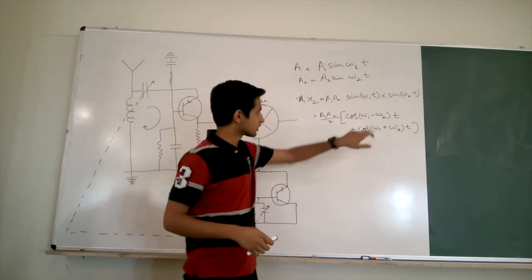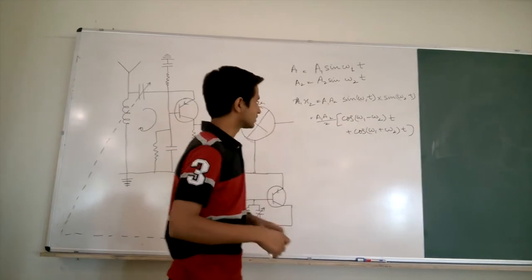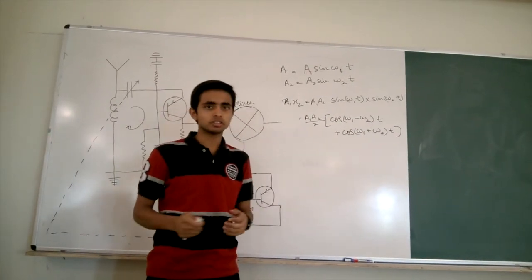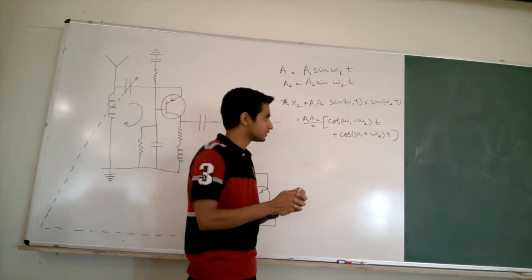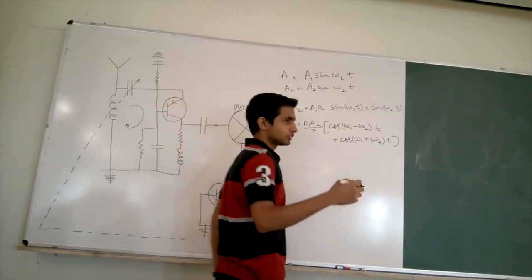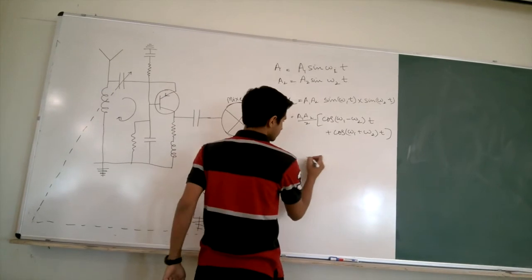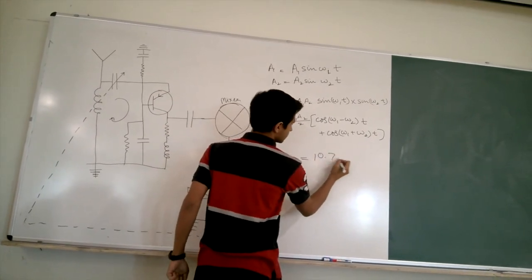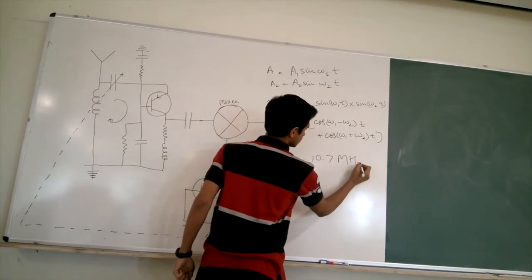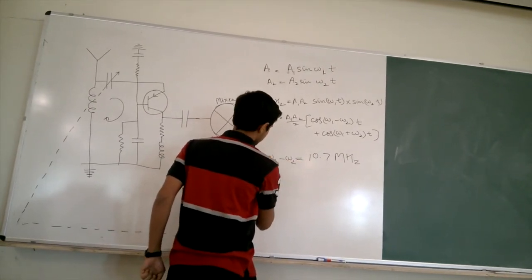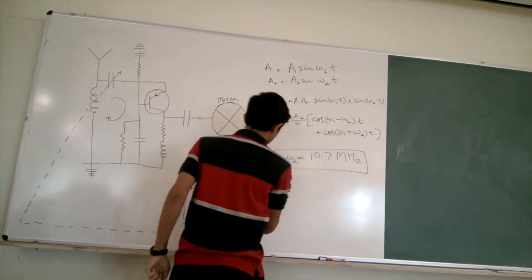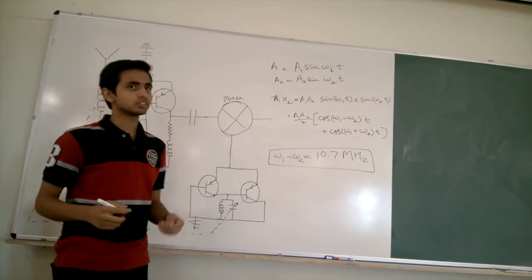And the difference of these two frequencies is called the intermediate frequency, and this is the desired frequency. It is a fixed frequency which we get, and it will normally be equal to 10.7 megahertz. This difference is passed on through the mixer circuit, and this is a fixed quantity. And you will come to know why it is fixed and how it is used.